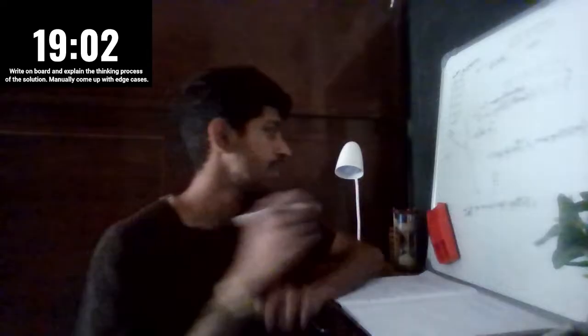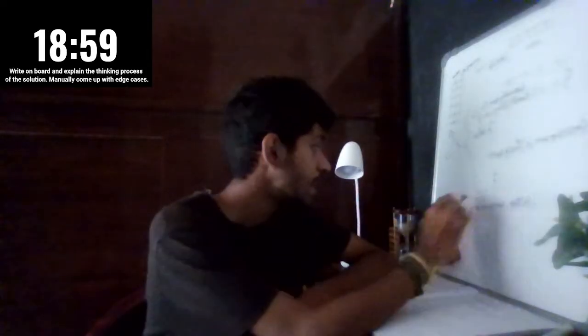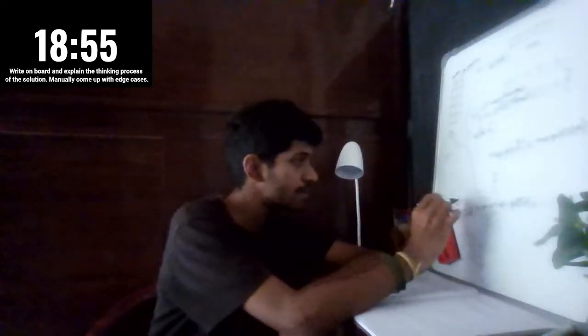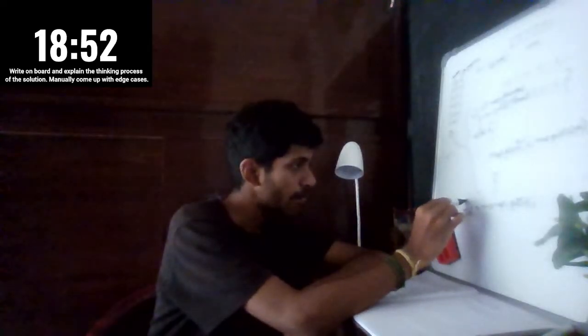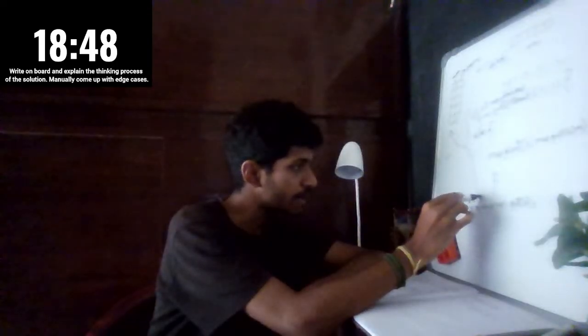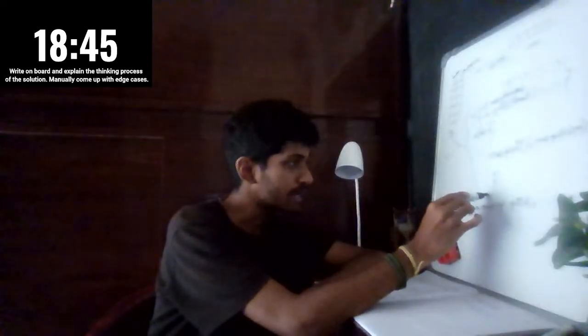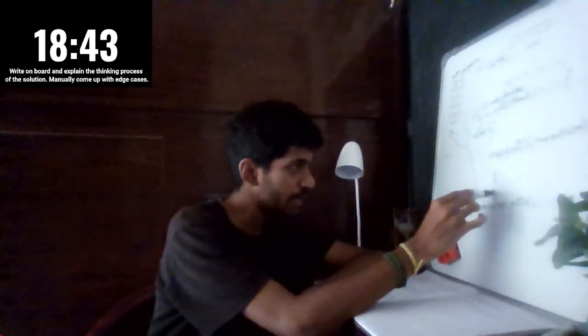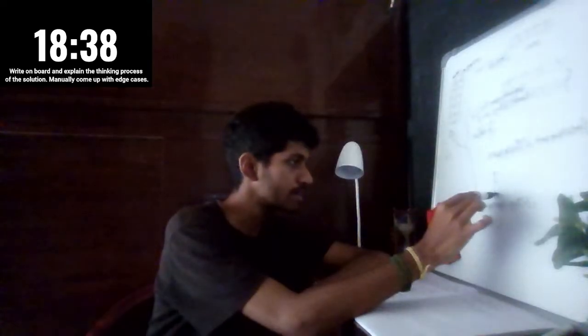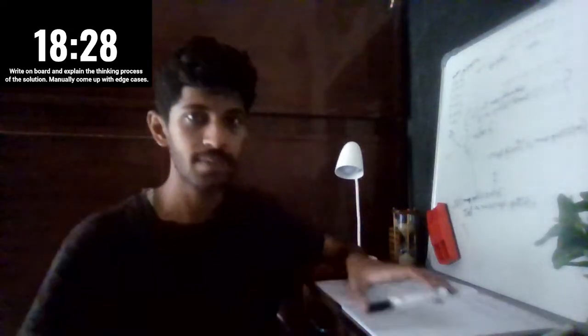Oh no. Before that, this should be inside an if: if map dot get I is greater than or equal to a, then int a is equal to map dot get I, and then